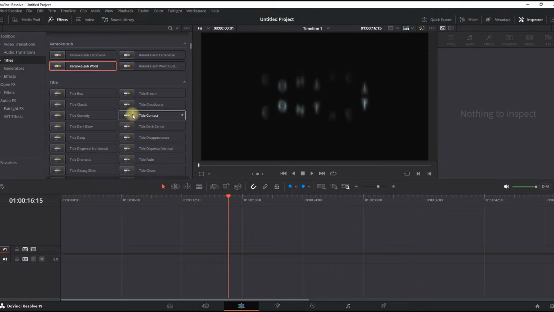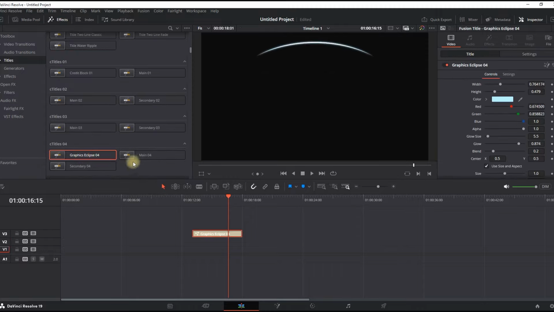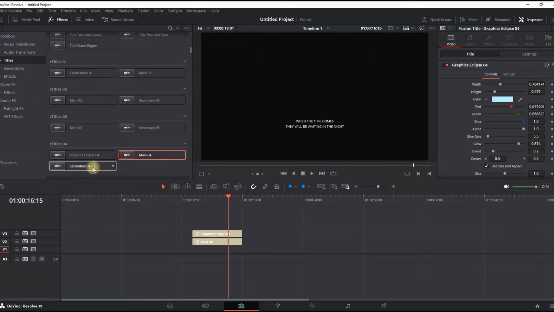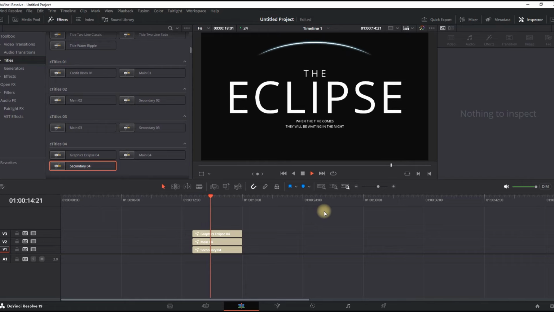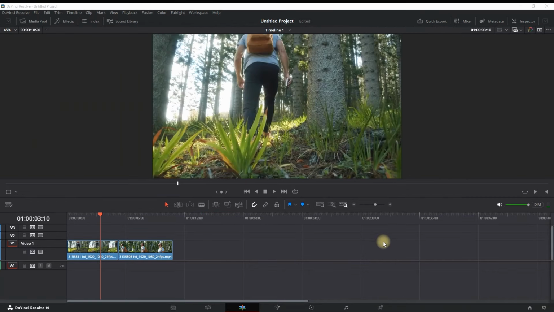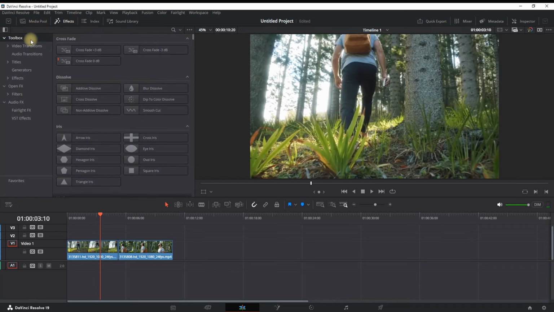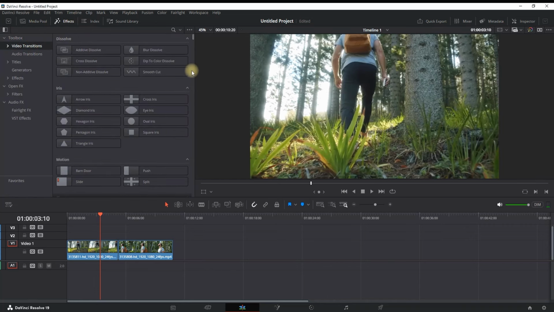Also, I'm scrolling down and previewing the other ones, which look more cinematic. And there are also a few that you can combine, stack on top of each other and play through. So you can see that now these 3 elements are playing together in order to recreate some text effect. There are really hundreds of title effects, but I cannot go through each of them individually, so I'm moving on